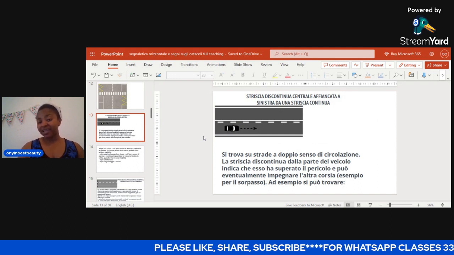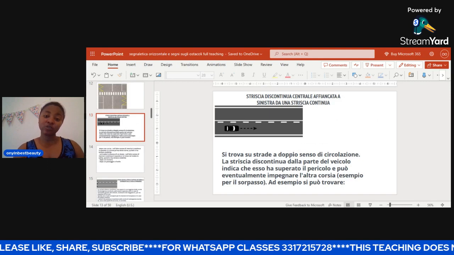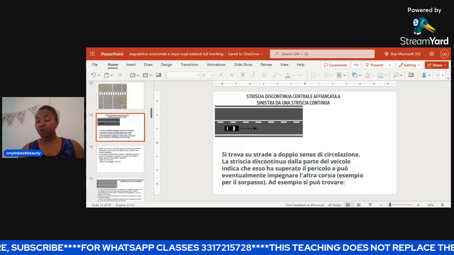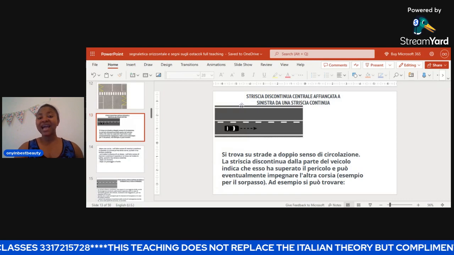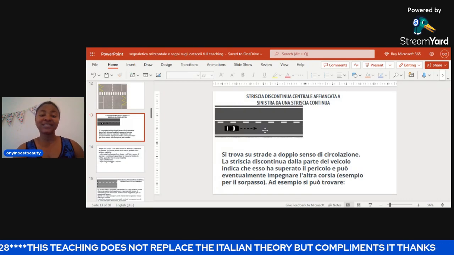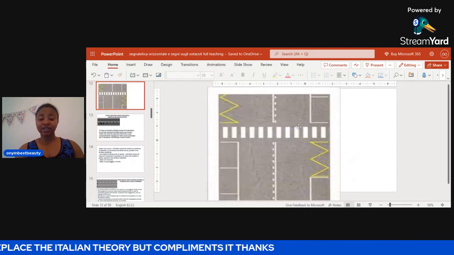Remember, after, now you see discontinuous. Before, now you will see continuous. I'm going to go back again. When you're going before this danger, you will see continuous. After this danger, you will see discontinua. Now, okay, this is another illustration for